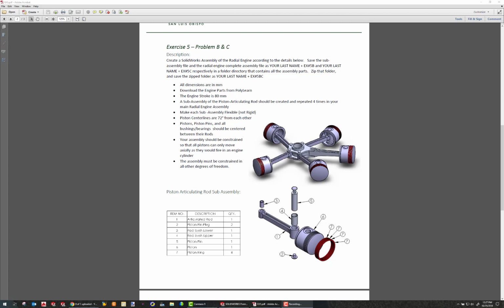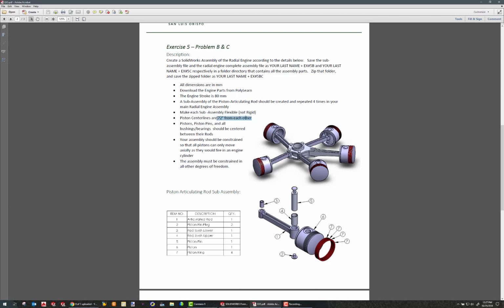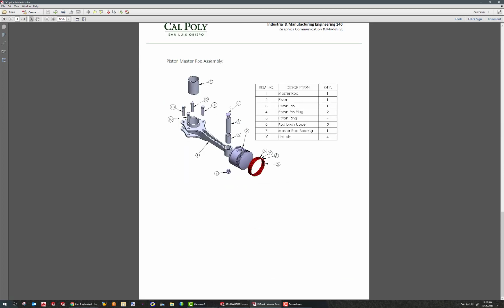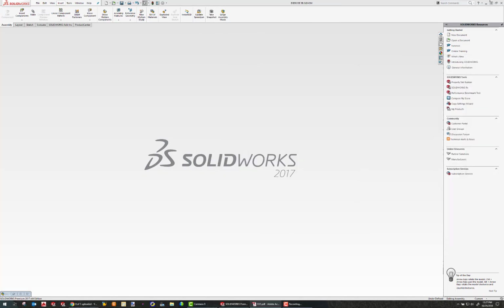This is a radial engine, so it's going to fire in a way to where the pistons move in a radial fashion. In the problem statement, we learned that the piston center lines are 72 degrees from each other, so that's an important piece of information that we are going to need to use when setting up our main assembly. And the details for this assembly are shown on the second page, showing an exploded view of the master rod assembly. So, without further ado, let's go into SolidWorks and say File, New,